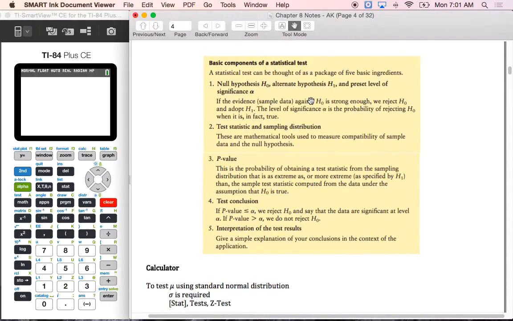So here is the list of everything that you will see. You're going to state the null, alternate, and alpha. You're going to give your test statistic, your p-value, your conclusion, and then your sentence. So we're going to first start